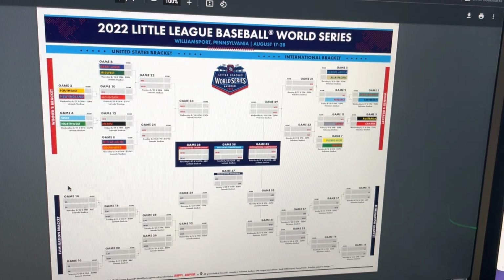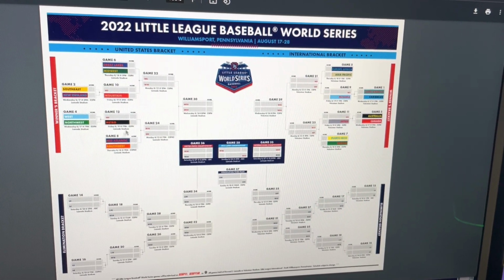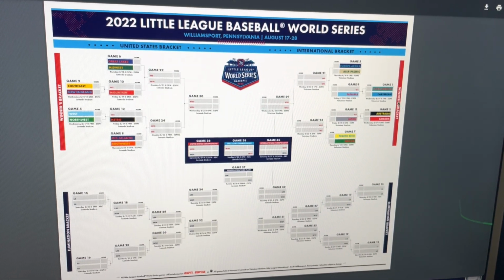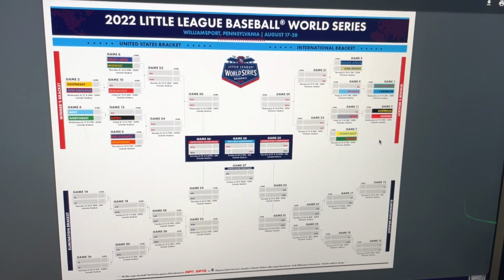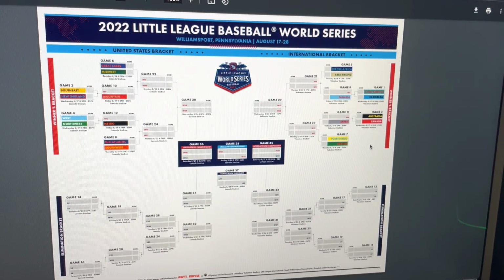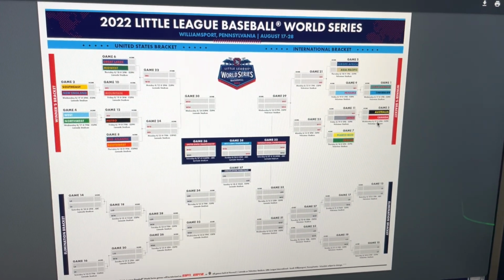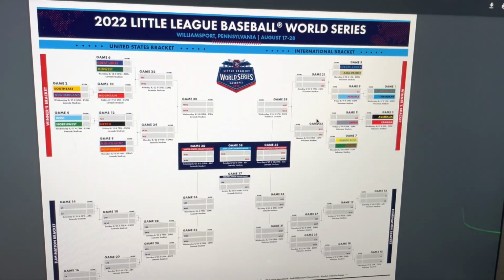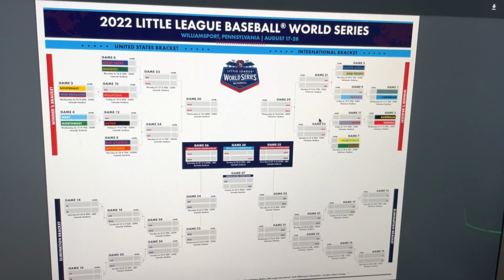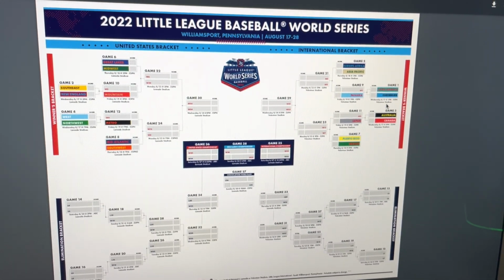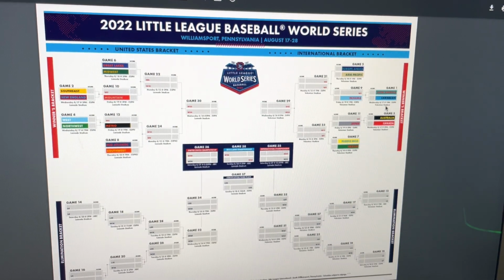If you can see, the bracket looks a little awkward because it looks like there's a first 8, and that is correct. So the teams on the outsides here do have to win an extra game in order to actually win it all. So I will make sure that nobody has 2 of those teams. Like you can't get Southeast, for example, as well as the Caribbean. 8 of us are going to get 1 of those teams on the outside, and that's just how it's going to work. I apologize. It is what it is.